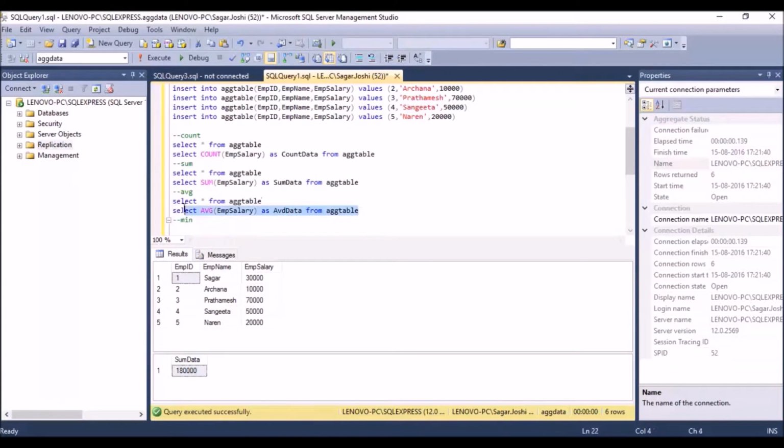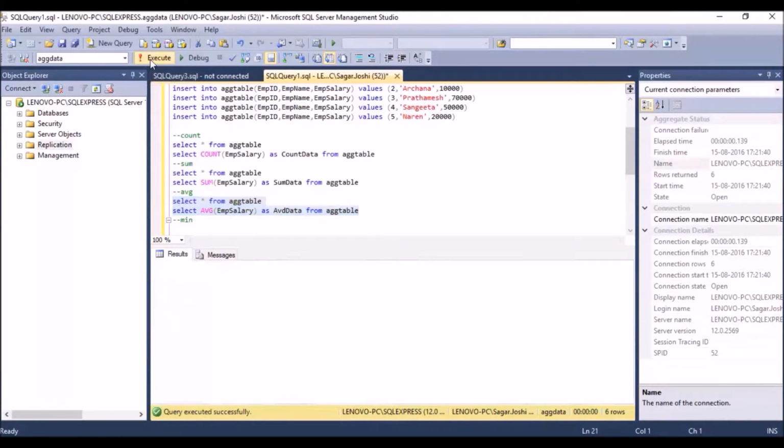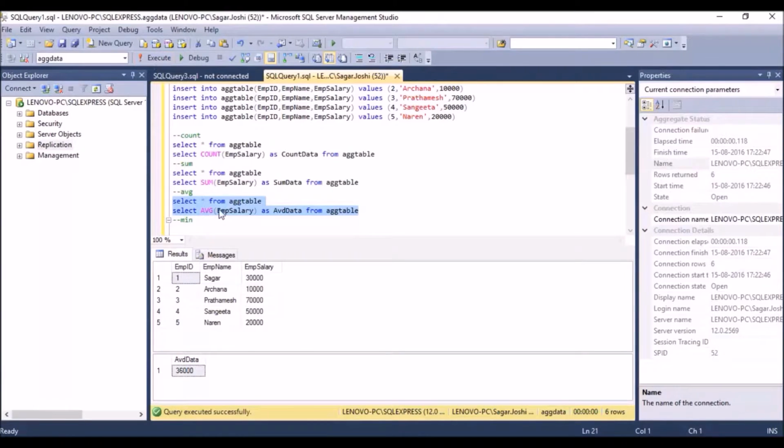So we'll just run this query. We have got the average value, which is 36,000. Normally how we calculate the average is 30,000 plus 10,000 plus 70,000 plus 50,000 plus 20,000 divided by the total number of rows, that is 5, which gives us 36,000.